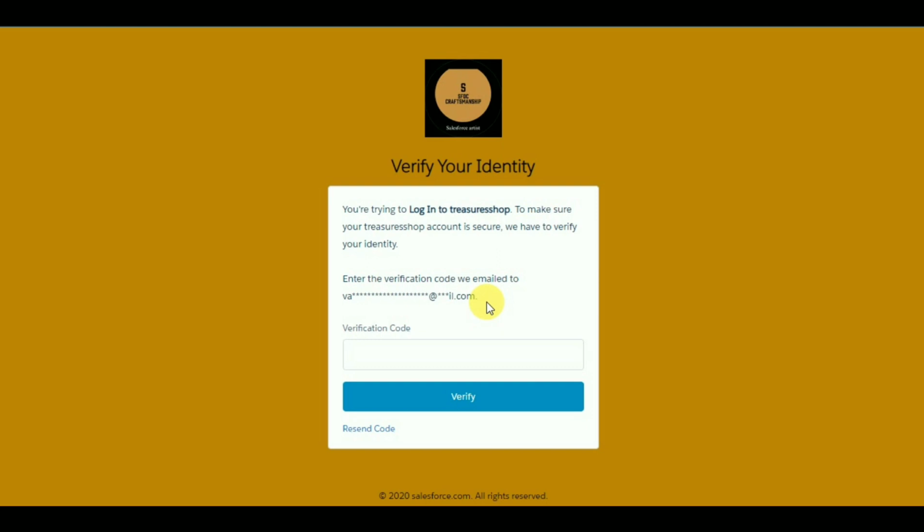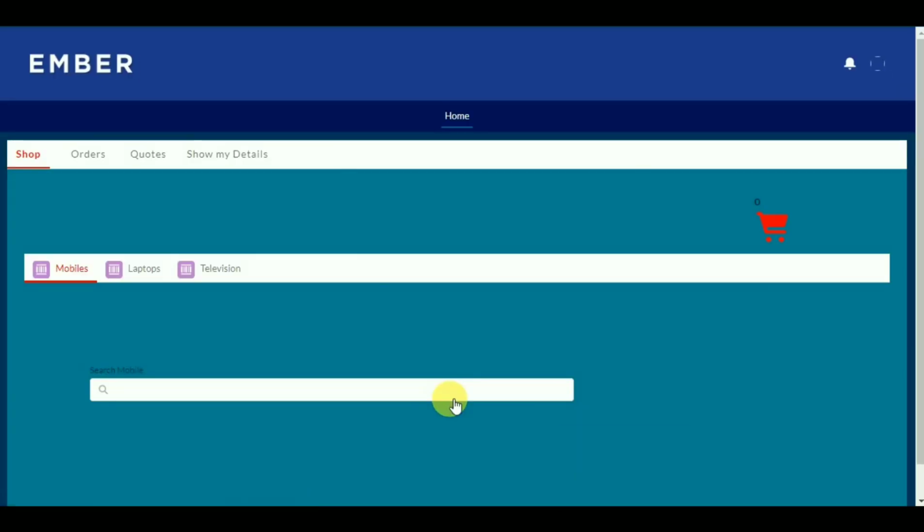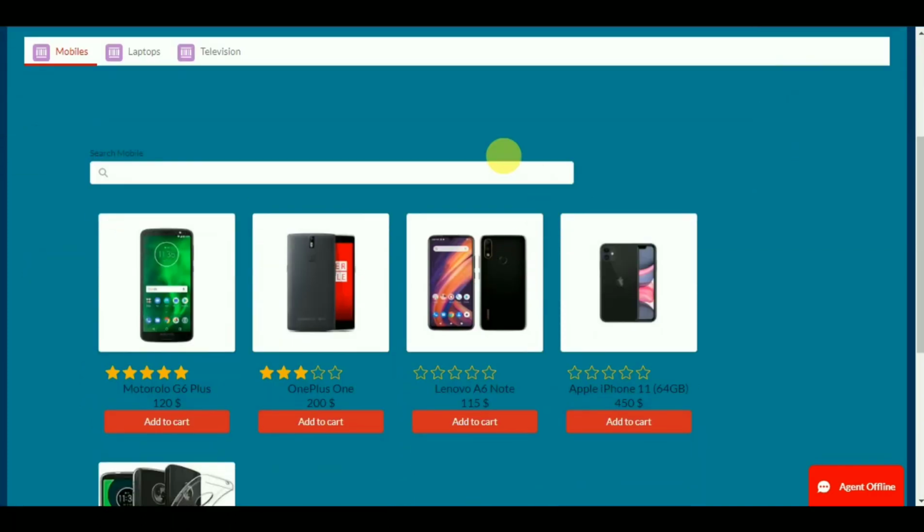As I was saying, there are two verification methods, one is email and the other is phone. Based on that, we can log into Salesforce. This is my verification code here. I just entered my verification code and clicked on verify. Once I click on verify, I was able to log into my community. So this is my community. In this way, we can make use of login discovery and make our login simpler and easier. We can also log into the community without entering a username and password. Thanks for watching.